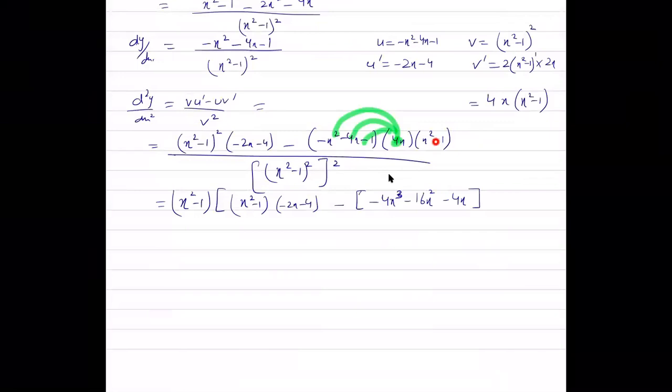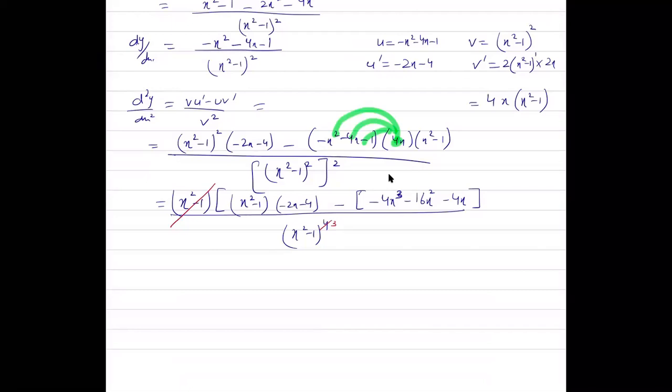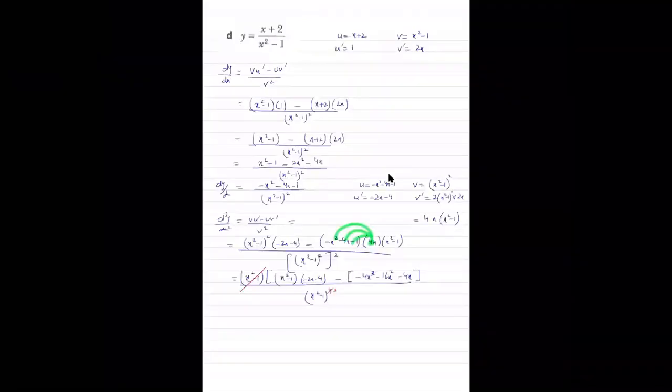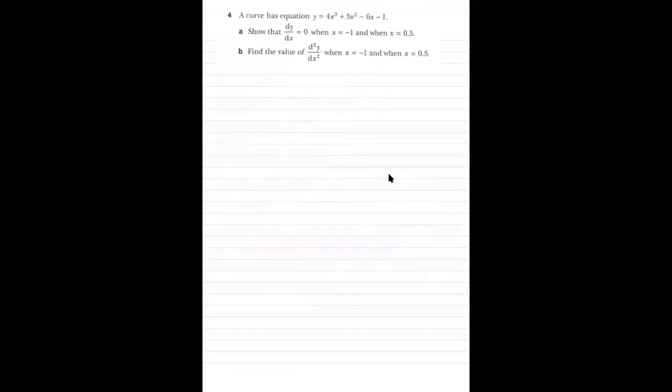I have taken x squared minus 1 as a factor common out. The denominator is going to be (x squared minus 1) to the power of 4. Now I can eliminate this with one of the power, okay? And I can see how it can be further simplified as well. But you get the idea, right? You know that we will multiply and simplify further, right? So I'm not utilizing more time on this. Can I move on now? Yes, sure. All right.